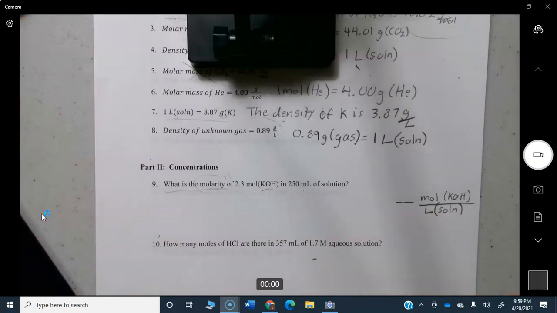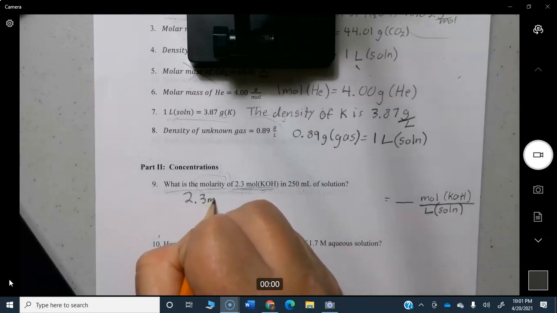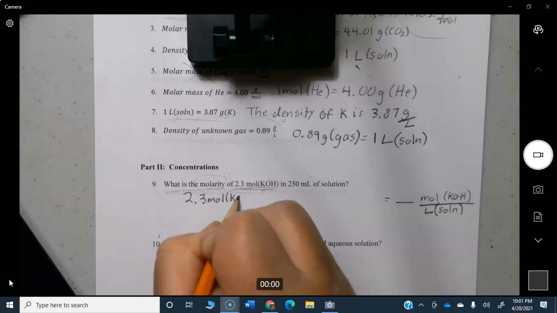It's everything mixed together. So now that we have this, we need to deal with the numbers that go over on the right. And this is what makes this unusual: now we have two units of measure we're solving for, moles and liters. Before it was always just moles or grams or liters. It was one unit of measure, but now you've got two. You also have two starting units here. You have moles on the top, liters on the bottom. So what we're starting with, we're going to set up in the same way. It's going to be 2.3 moles of KOH